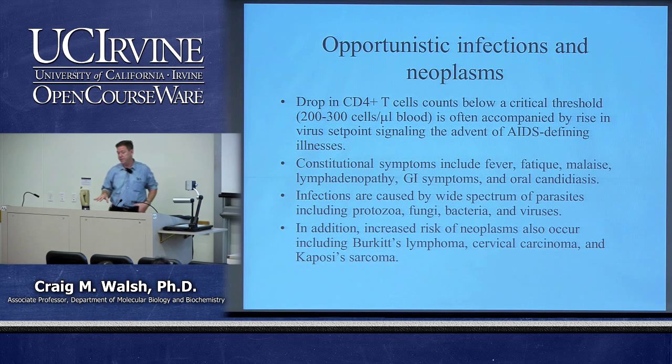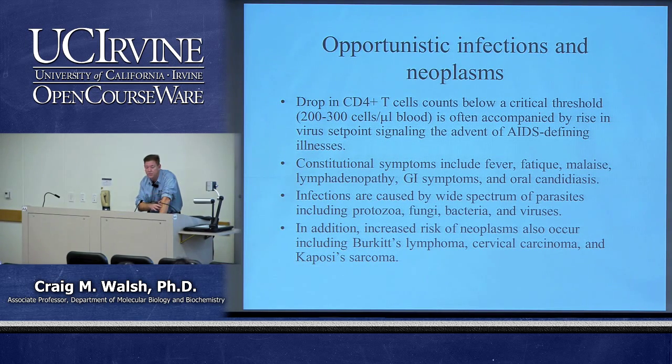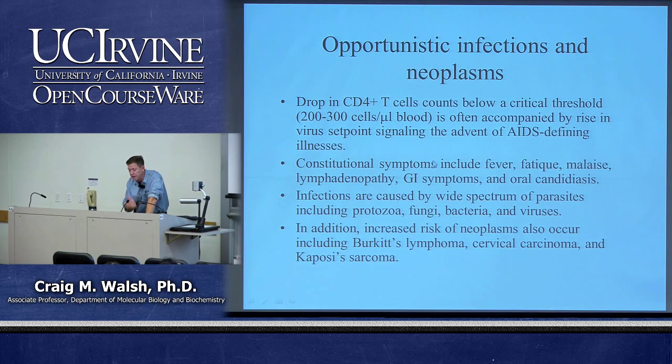Now, one other issue that is involved in this, and I mentioned this early on, is that a lot of the early folks in the population who were getting infected with HIV had some unusual symptoms that came along with it. For example, the significant drop in CD8 T cells, and also things like fever and fatigue, lymphadenopathy, GI tract symptoms, oral candidiasis. These are things you might find in somebody who's immunodeficient, and at the time it didn't make a lot of sense, but now we know that these are really a consequence of just not having an effective